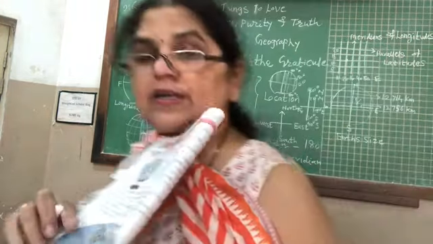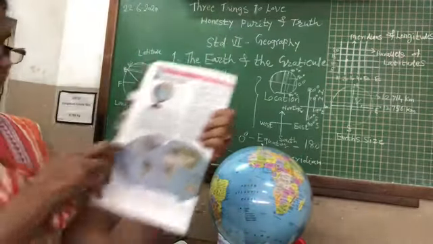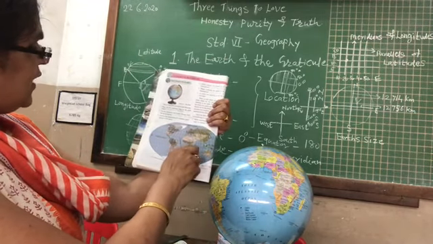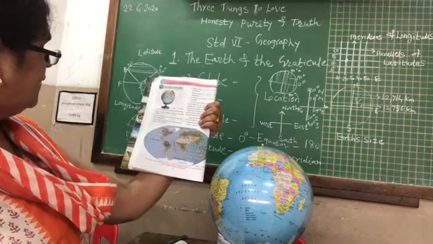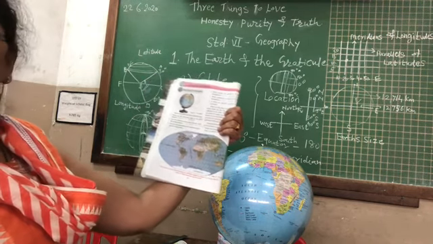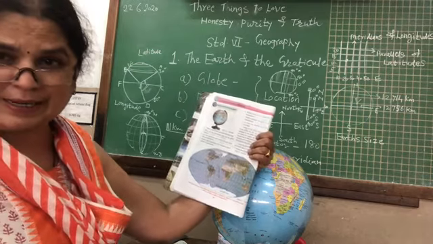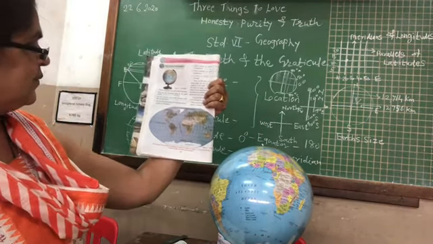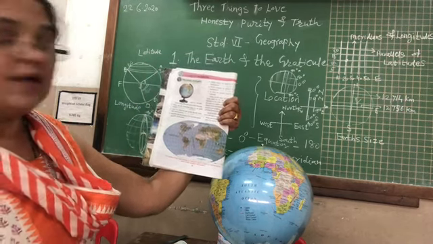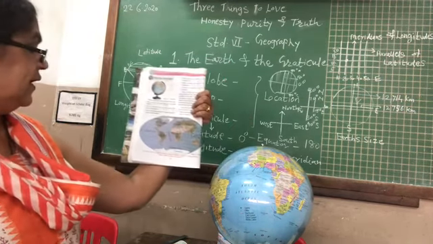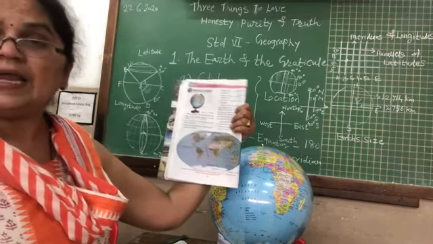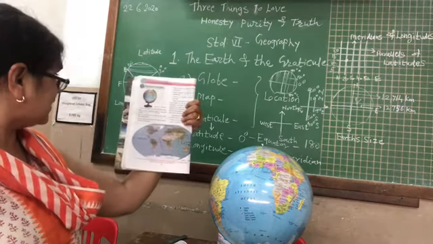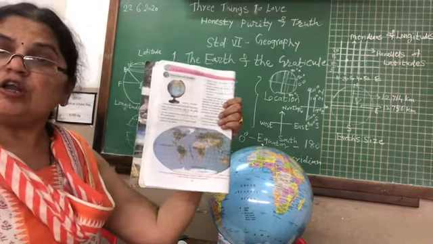Now please refer to your textbook, page number 10. Can you see this is the Greenwich line which is shown in the pink color? This line is the equator. Can you see the equator? There are another two important lines shown on the map, which I will be explaining, shown in the pink color. Now can you see the 0 degrees meridian line? They all, shown in the pink color, are great important lines which we will be studying in the next lesson. Now we will study about the graticules. Have all of you understood?